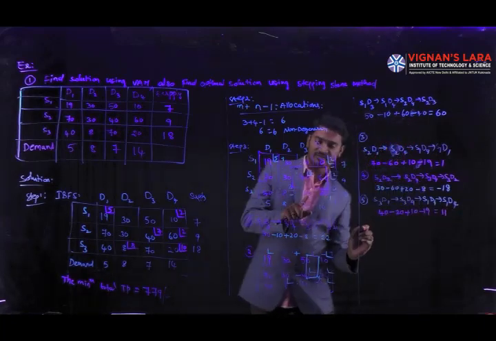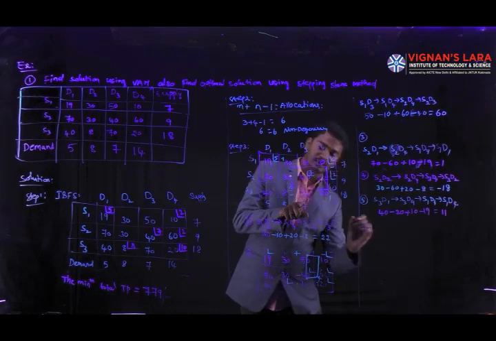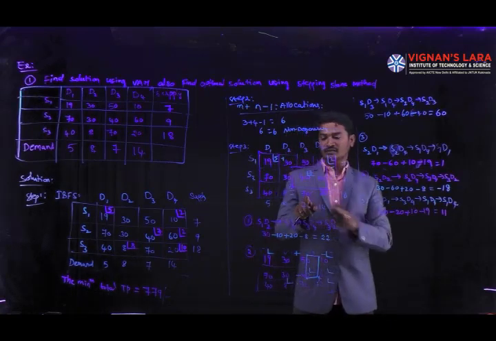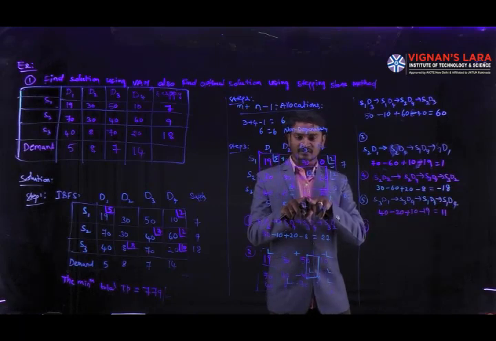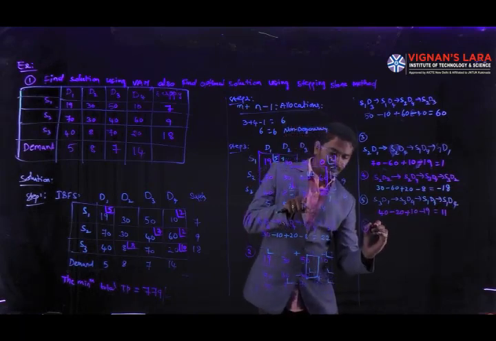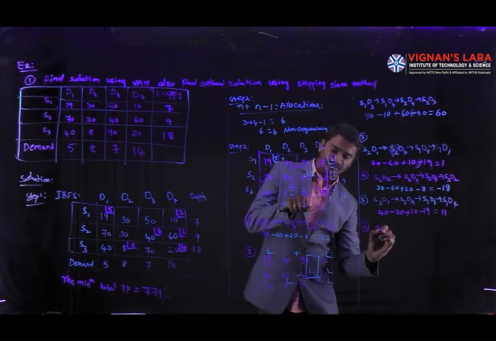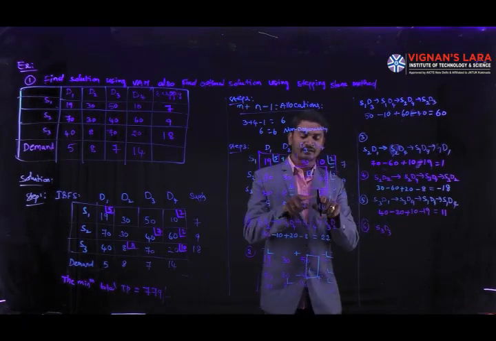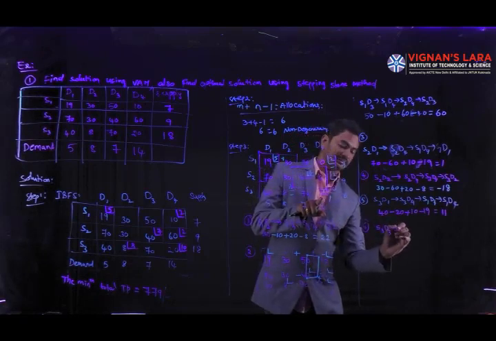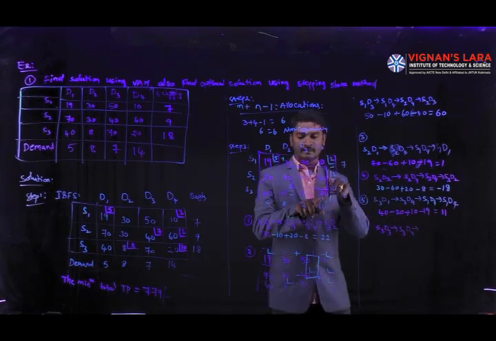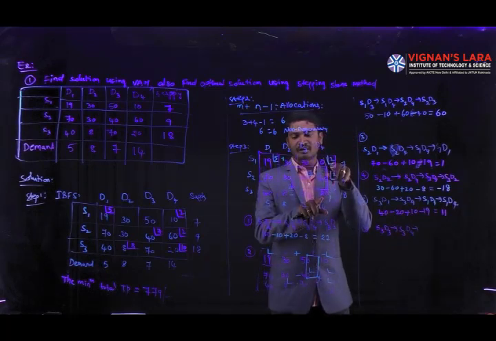Next, coming to the sixth loop, the last loop. Here we are going to draw this loop from the point S3 D3. Why? Because here we have one unallocated cell. Here we start the loop at S3 D3. Then we come to the right hand side. Here we have an allocation, S3 D4. Then moving upward. Here we have an allocation and here we have an allocation. We have to check the possibility.